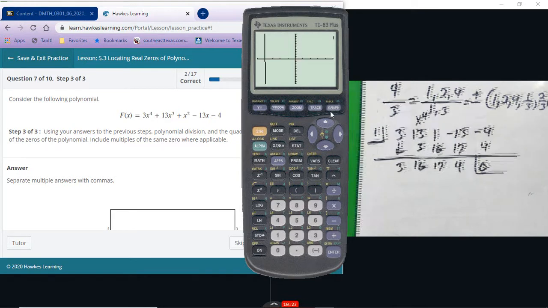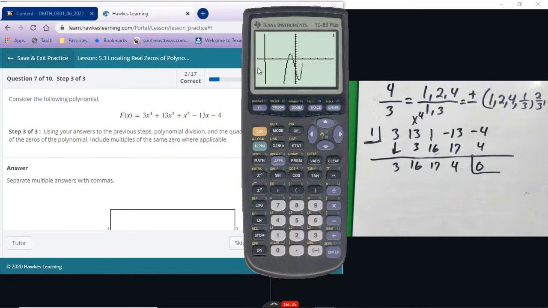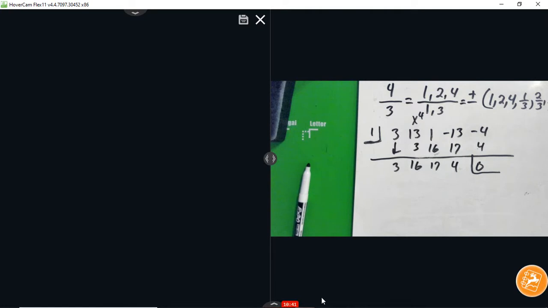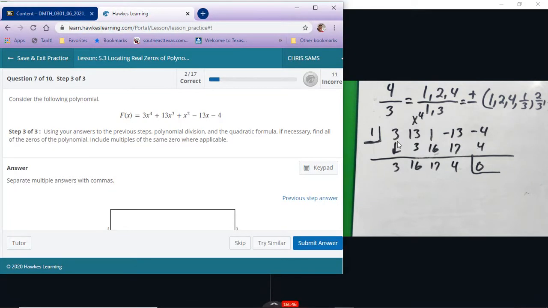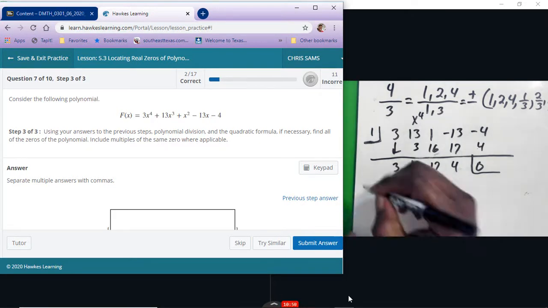Let's see approximately, looks like negative 4 might be 1, 2, 3, 4, 5. Okay, so negative 4, negative 1, and maybe negative 1/3. So let's try that. So we don't have to do a lot of guess and check. So let me show you how this works with fractions. So negative 1/3